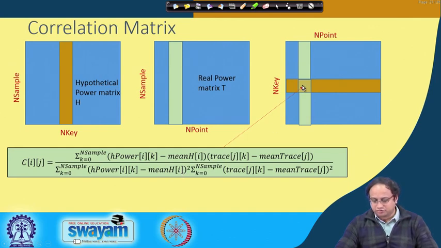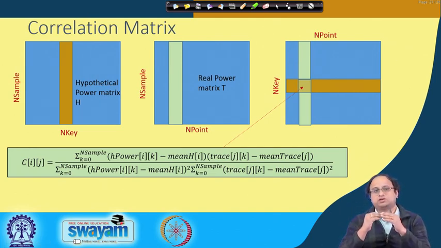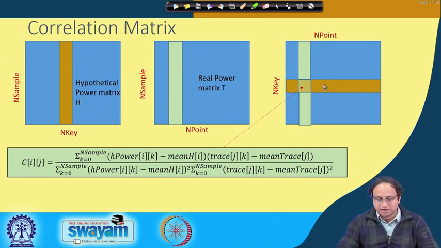Therefore, now you observe this correlation matrix, and the idea is that you have got n keys. Remember that the rows are indexed here by the n keys. What you expect is that for the correct key, suppose it is k star, you will find one non-trivial value in the correlation, whereas if the key is wrong, all of these values will be much lesser. So you try to identify the correct key row where you get a non-trivial value of the correlation, and that distinguishes the correct key from the wrong keys.